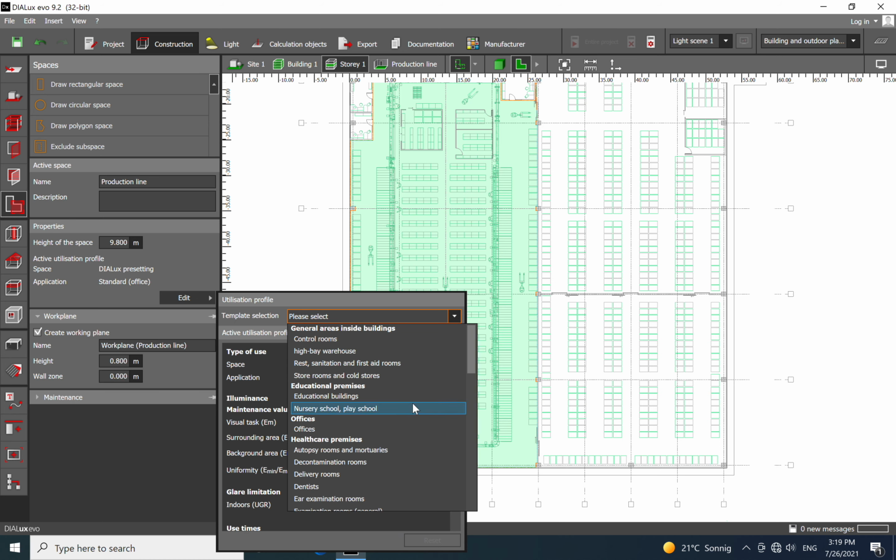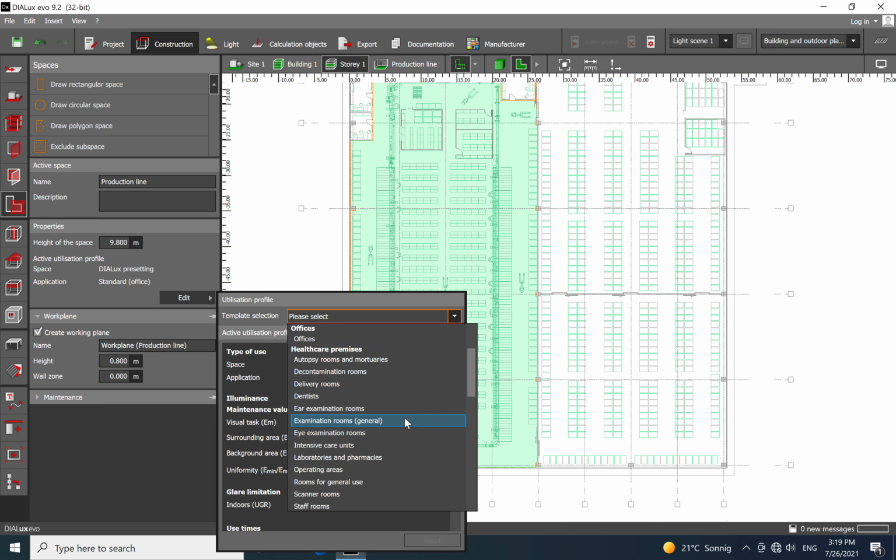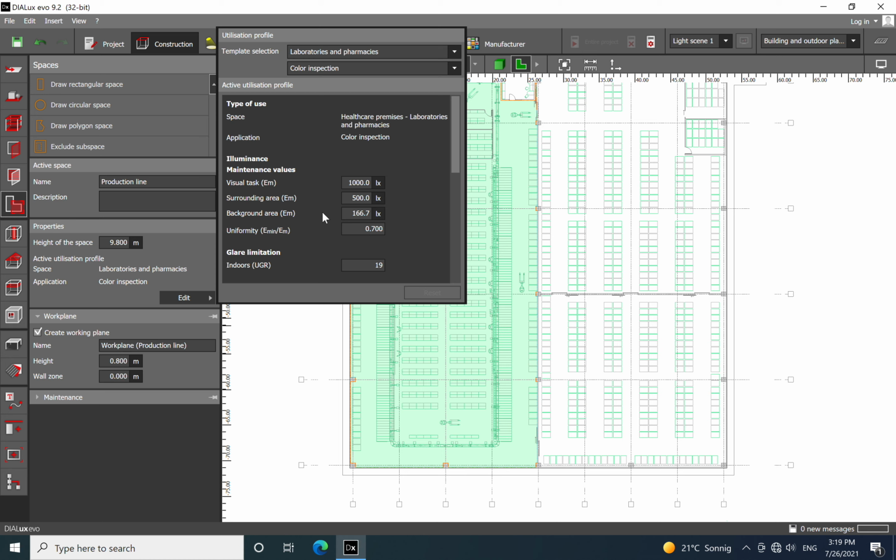industrial. Let's see if on industrial we can have, or we can go, as I said, laboratory pharmacy, where we need to do medical things like pills production. We need to have, for example, 1000 lux. Or color inspection, and if we go on the general, then we go on the 500 lux. Let's say that we have a production of this kind of pills, and then we need to achieve 500 lux